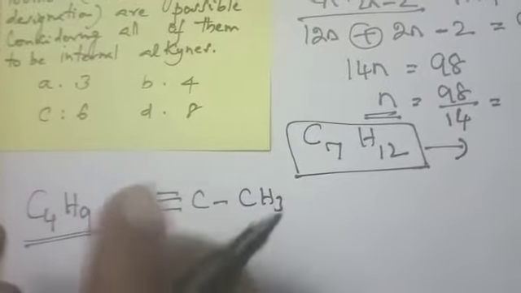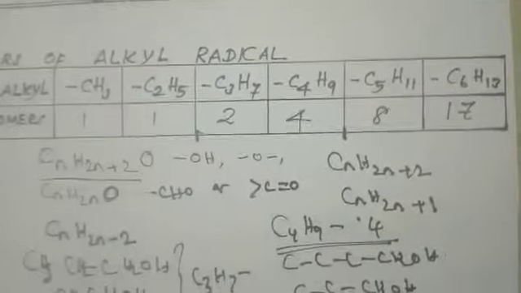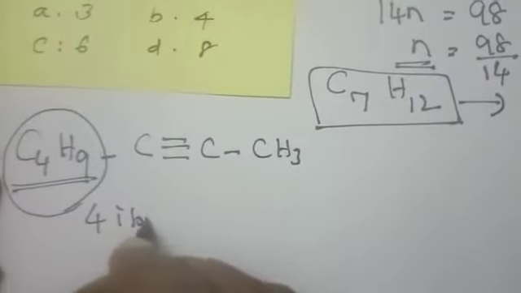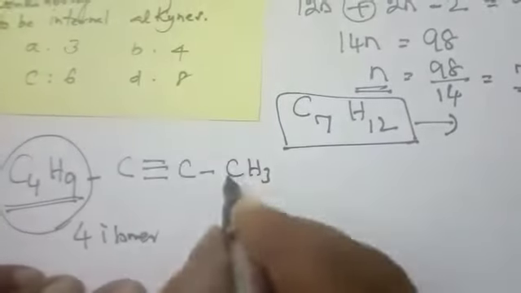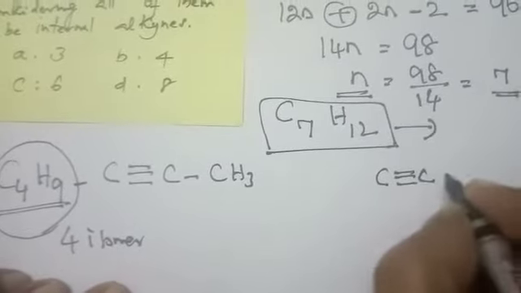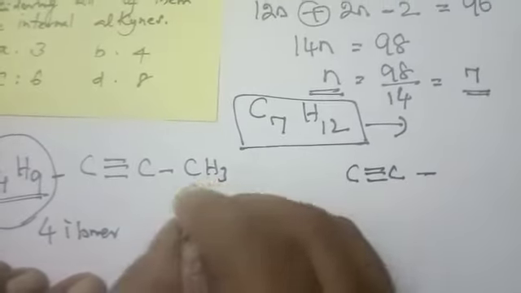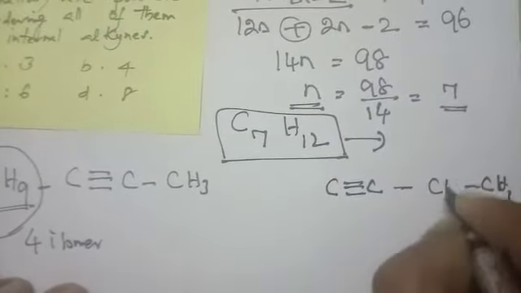9. Or you can go with CnH2n plus 1, based on the butyl knowledge you can write. So whatever the formula is, it is ready. Now your knowledge, according to the tabulation, C4H9 means your isomer is, with that I am writing. So this is having 4 isomers. Okay, next I am shifting this one carbon here. So what I am getting is your internal alkyne, where instead of writing 1 carbon I am writing 2 carbons, completed with the hydrogens.